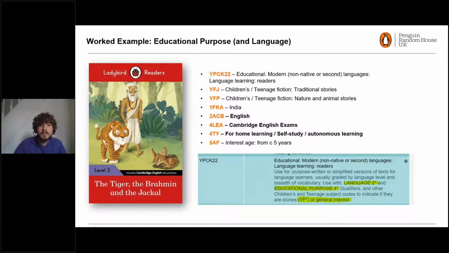These subjects and qualifiers combine to give an extremely full picture of the subject and suitability of the book, and something that's really only possible in Thema, providing metadata recipients with the opportunity to process, display, and use the books in a variety of different ways. However, this information is only as useful as it is consistent, and it has to be a true representation of the content of the work in question, and then also where that sits within the wider Ladybird Readers series.